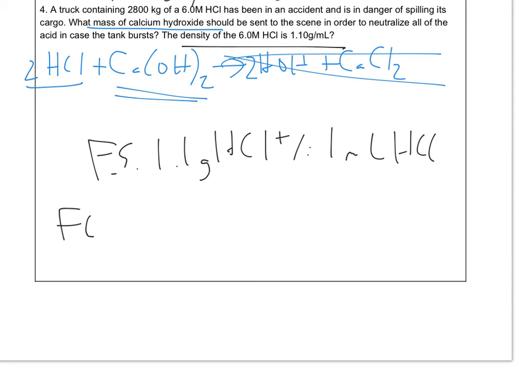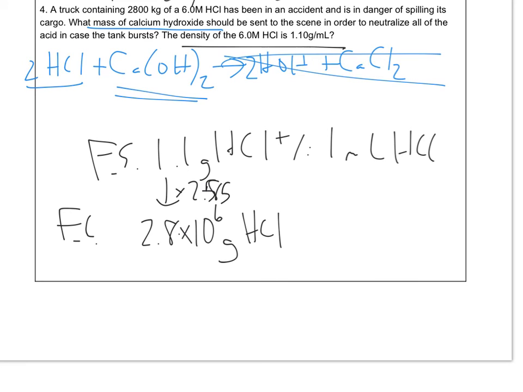So we know that this is 2.8 times 10 to the 6th grams of HCl. And to get there, we're going to multiply by 2.8, actually 2.55 times 10 to the 6th. So that means that this is 2.55 times 10 to the 6th milliliters,